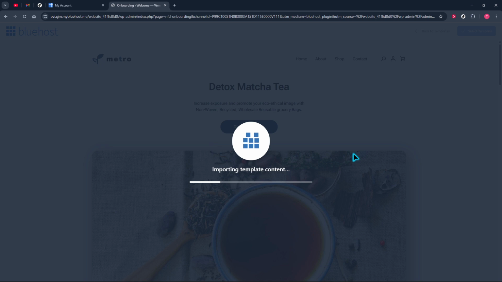Use Preview to explore the template before committing. Click through sample pages, scan headings and spacing, and check how the layout handles text,